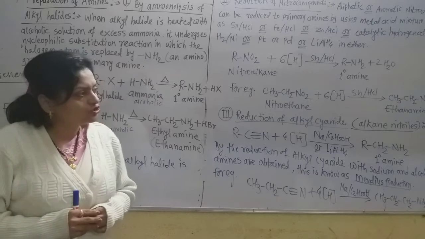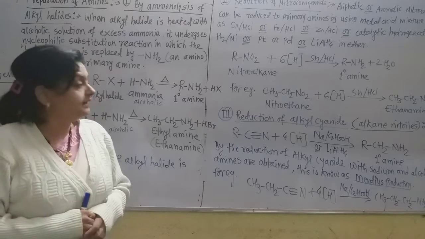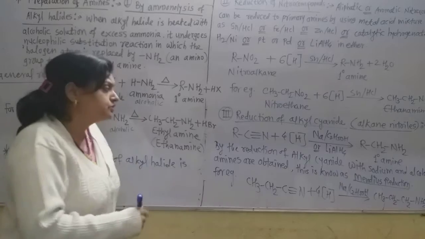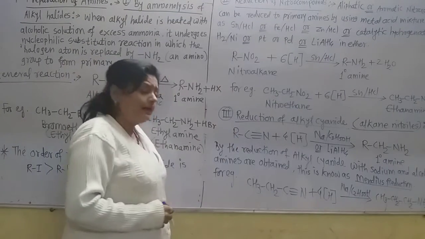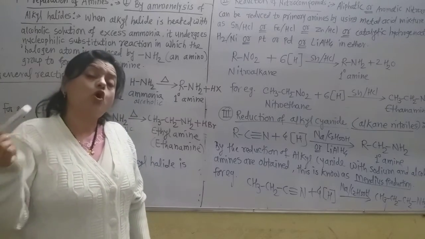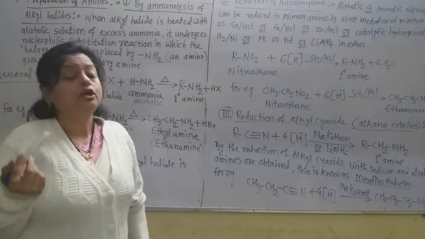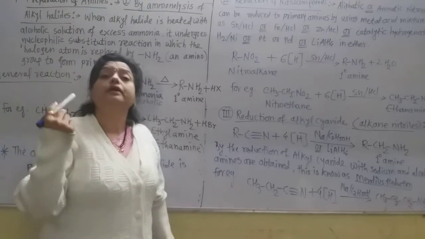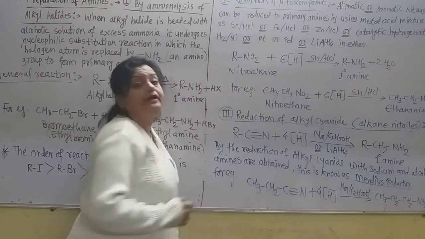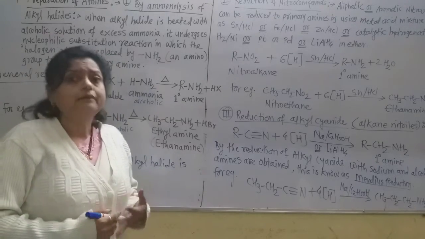Now see, this reduction is called the Mendius reduction. Name of the scientist; there may be a short note on the Mendius reduction. Now, reduction of alkyl cyanide, or we call it alkyl nitrile. Now see, this is the alkyl group and this is the cyanide group. But in this we obtain such a primary amine which contains 1 carbon atom more than the alkyl group, because this cyanide group gets reduced. Now for this reduction, sodium metal and alcohol is required.